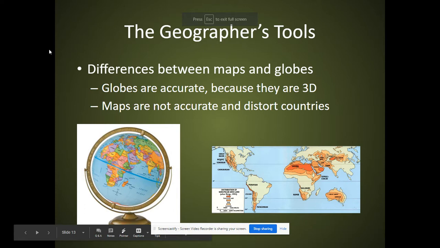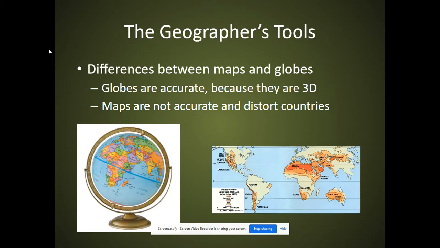So globes are more accurate than maps, but geographers tend to use maps. Think for a moment why a geographer would be more likely to use a map than a globe, even though a globe is more accurate than a map. Go ahead and pause the video and think about that. Now that you've thought about that,